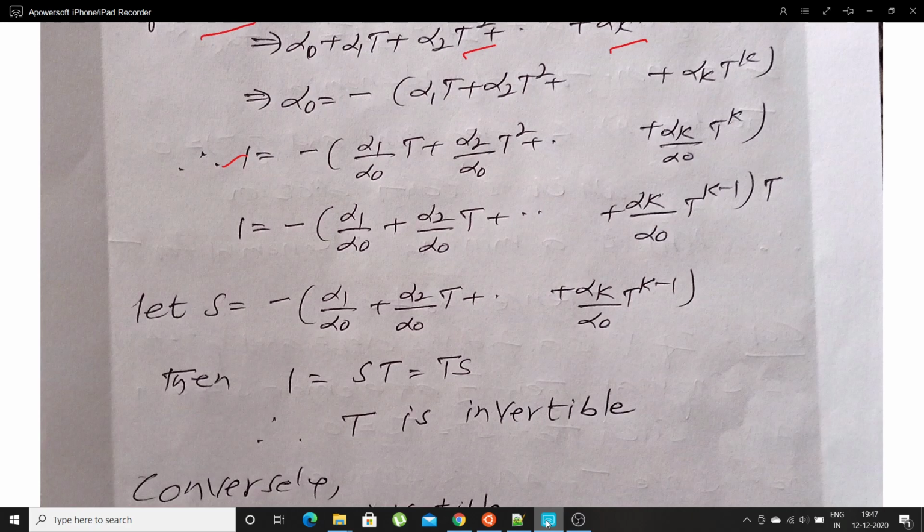1 is equal to minus of alpha 1 by alpha naught and so on up to alpha k by alpha naught t to the power k minus 1, provided we take t common from each term. I will replace that bracket by s. What you will get? If you replace that bracket by s, st equal to 1, and we know that st is equal to ts, therefore it is invertible. Conversely,